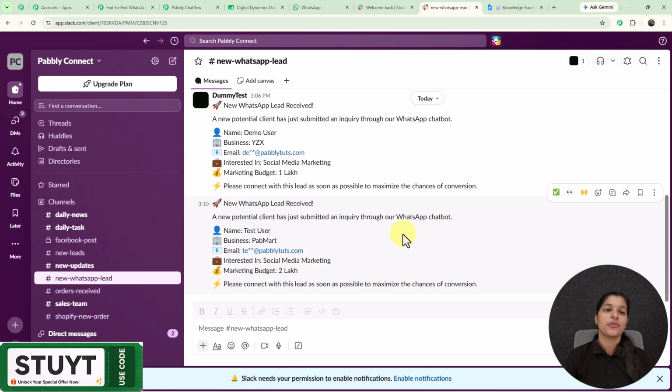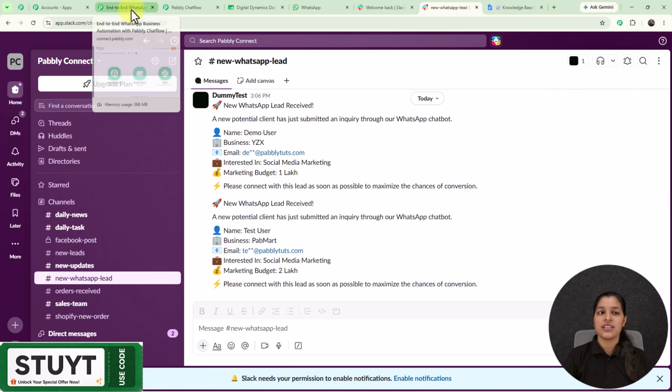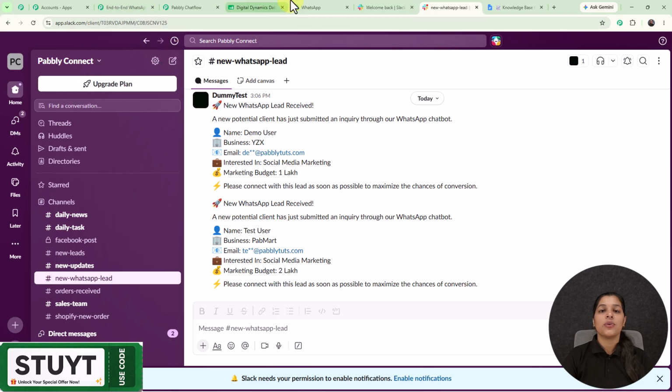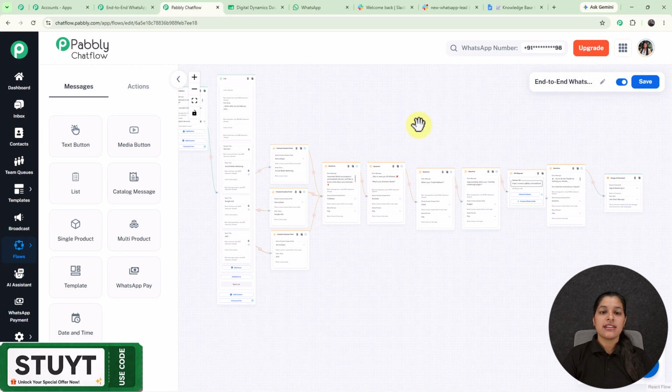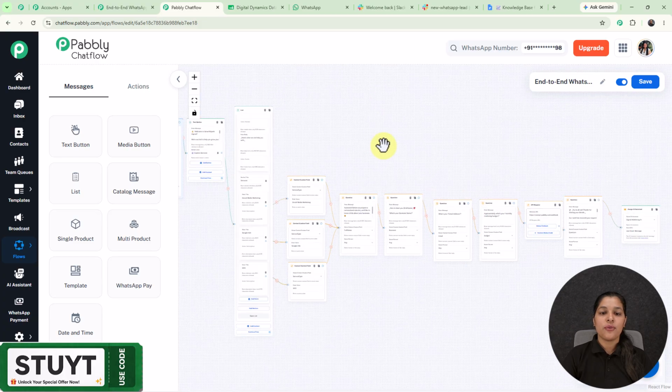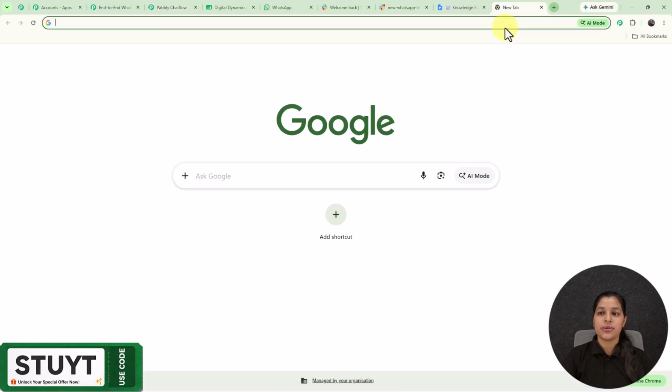So now you can also create this end-to-end business automation by just using one and only automation tool, that is Pabbly. So here we are going to use two applications provided by Pabbly, that is Pabbly Chatflow and Pabbly Connect. So now let's move on towards the Pabbly Chatflow. So right here I'm on the flow page of Pabbly Chatflow, which you can get by typing its URL, that